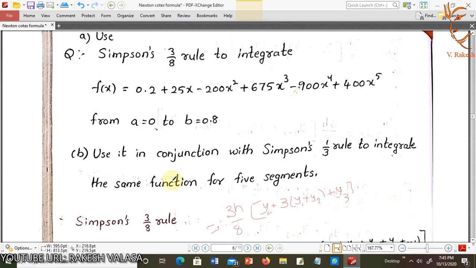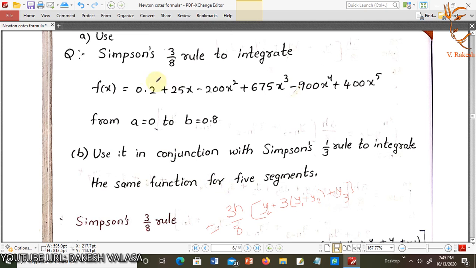In this session, I am going to explain one problem regarding Newton-Cotes formula. Use Simpson 3 by 8 rule to integrate f of x equal to 0.2 plus 25x minus 200x square plus 675x cube minus 900x power 4 plus 400x power 5 from a equals 0 to b equals 0.8. Second question is, use it in conjunction with Simpson's 1 by 3 rule to integrate the same function for 5